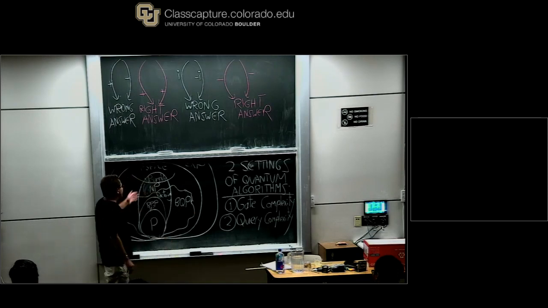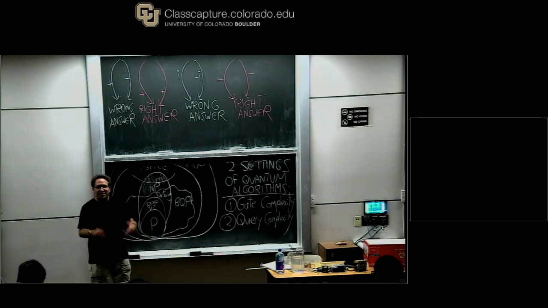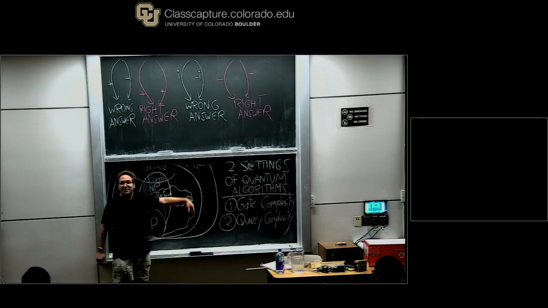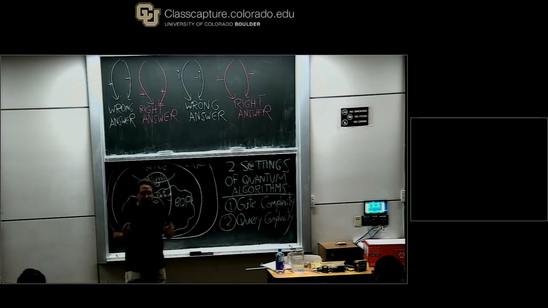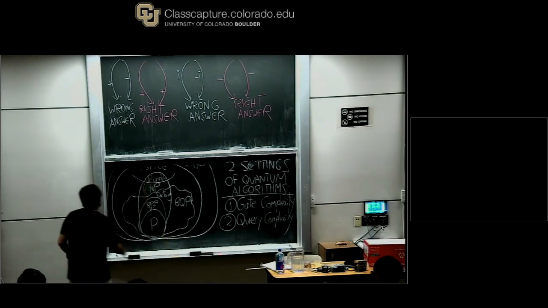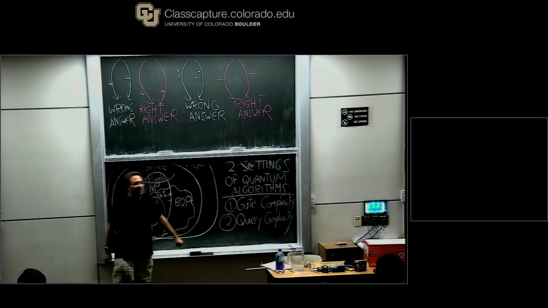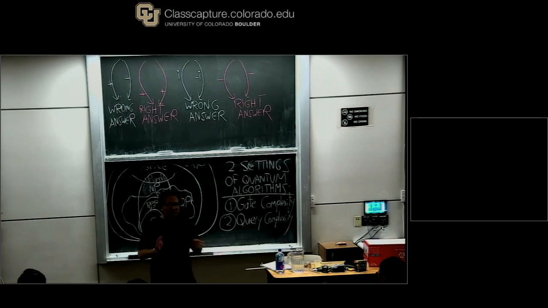There's a generalization of NP called the polynomial hierarchy. There was a breakthrough a couple months ago when we got the first formal evidence that BQP might actually go outside of the entire polynomial hierarchy. I'll tell you about that if there's time in the third lecture. And then all of these classes are contained in what we call PSPACE,